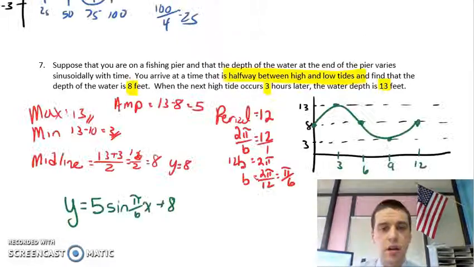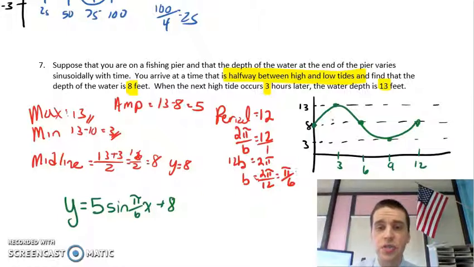Pause it. So to finish off these notes, I really hope that you guys drew this function out to figure out that the period was 12. If you tried to do it in your head, you may not have gotten it right. I really hope that you drew it out, that you knew you started at the midline, that you went to the maximum 3 hours later, and therefore you know that it takes 3 hours to go back to the midline, 3 hours to go down to the minimum, and 3 hours to complete the one full cycle, so that the